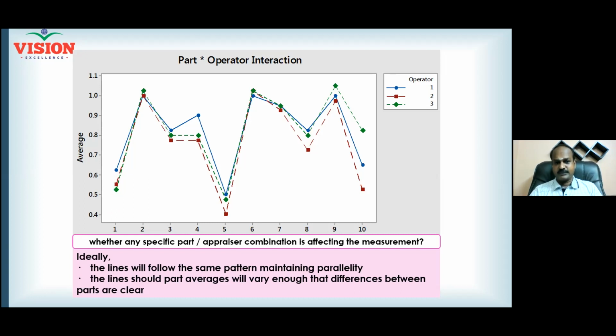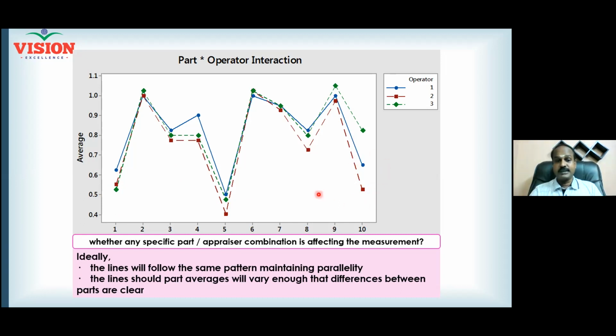Same way, the average for part number 2, average for part number 3, and so on. Now what is expected is that all three averages should overlap, and that is what we already previously checked with the dot plot. And the overlapping doesn't take place. The overlapping not taking place means you can understand the reproducibility issue here also. The reproducibility issue is more while measuring part number 10, that we already know.